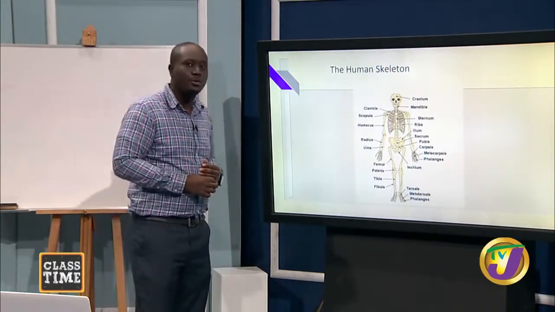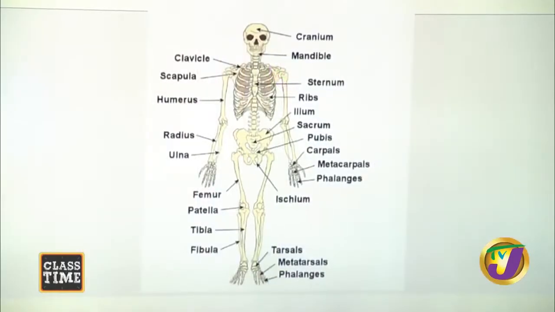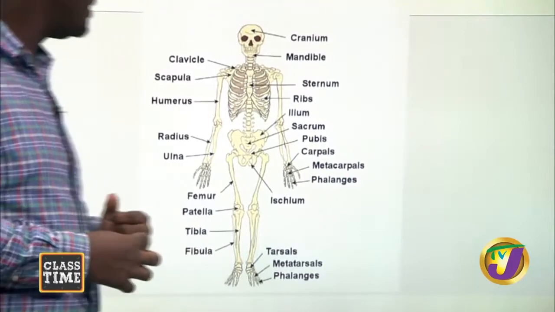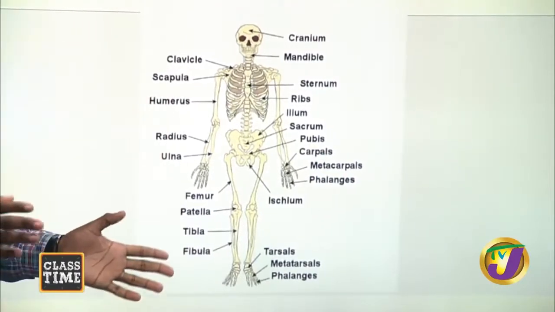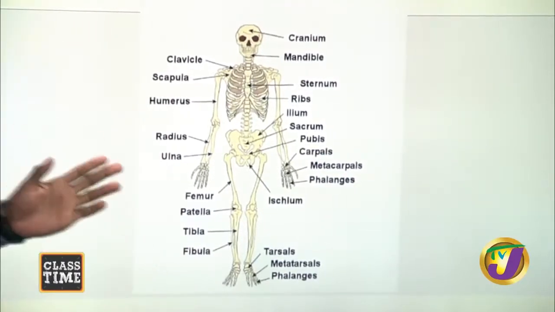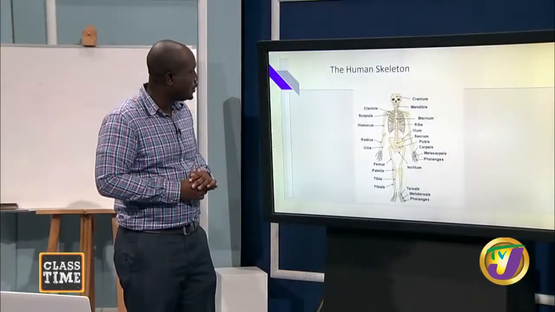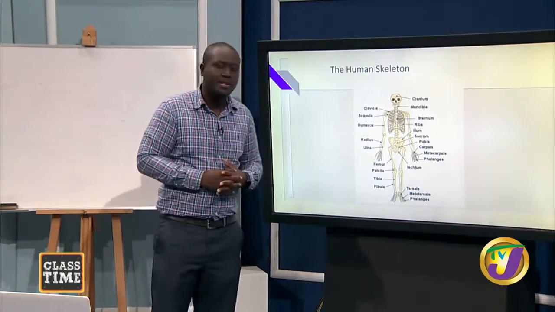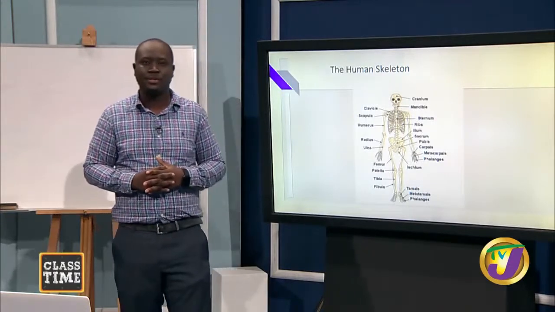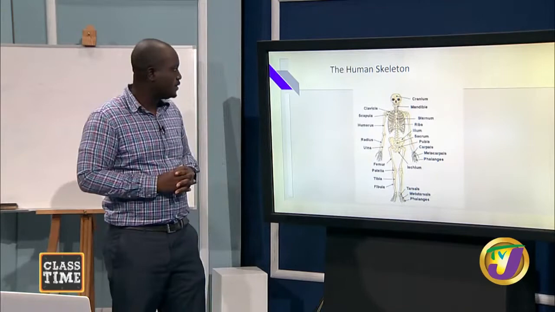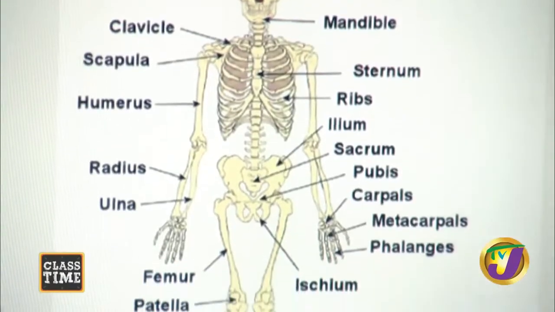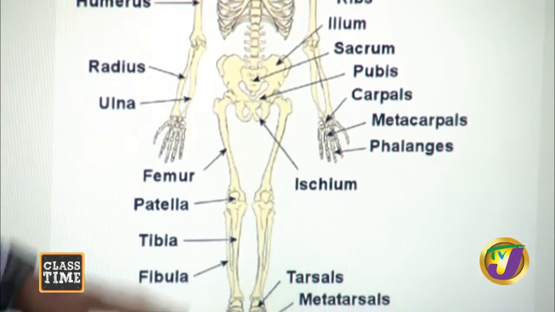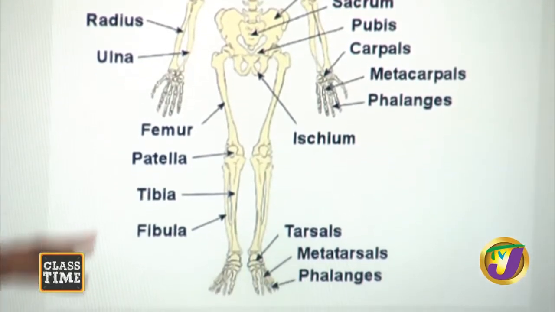Now, you should know all the different parts of the human skeleton. I told my students, and I'm telling you, that it's good to get a picture of a skeleton and hang it up somewhere in your room, so you see it before you go to bed at night, and when you wake up in the early morning, because you need to know all the different bones of the human skeleton. So you need to know the major bones: the clavicle, humerus, the femur, the tarsals, and